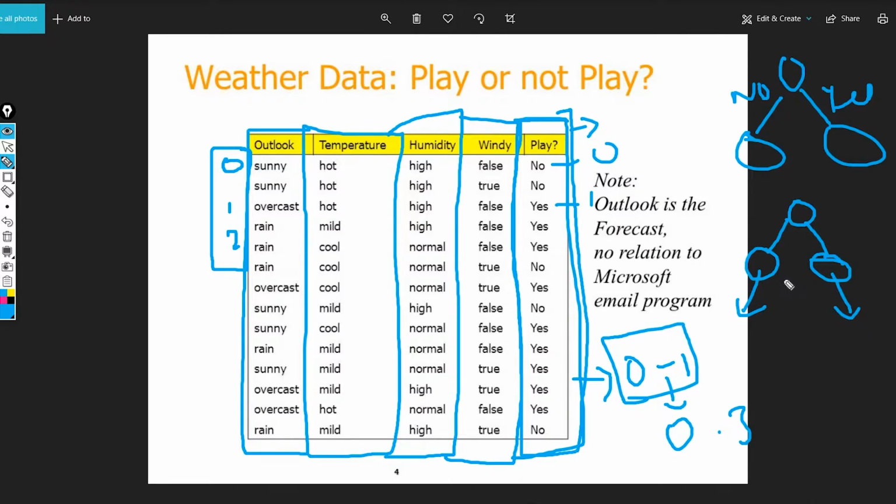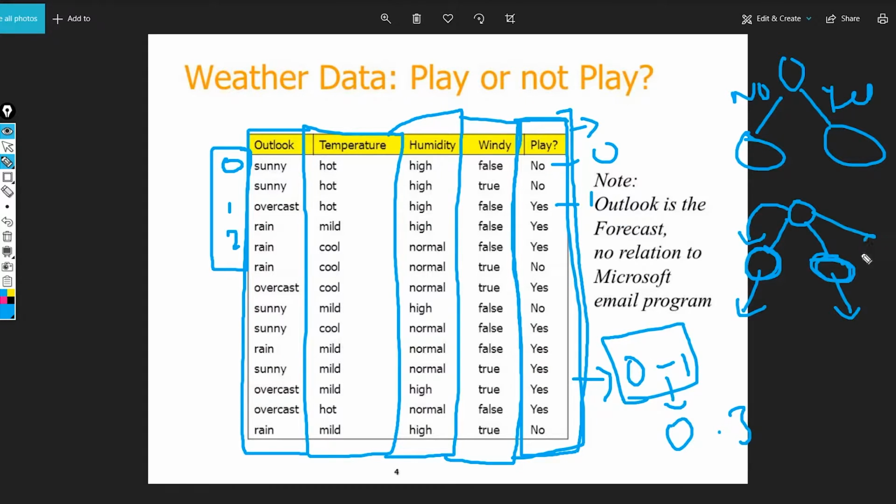As we have three values here, let's suppose we say that if the outlook is sunny or overcast, we split here, and if we have rain, we split there.